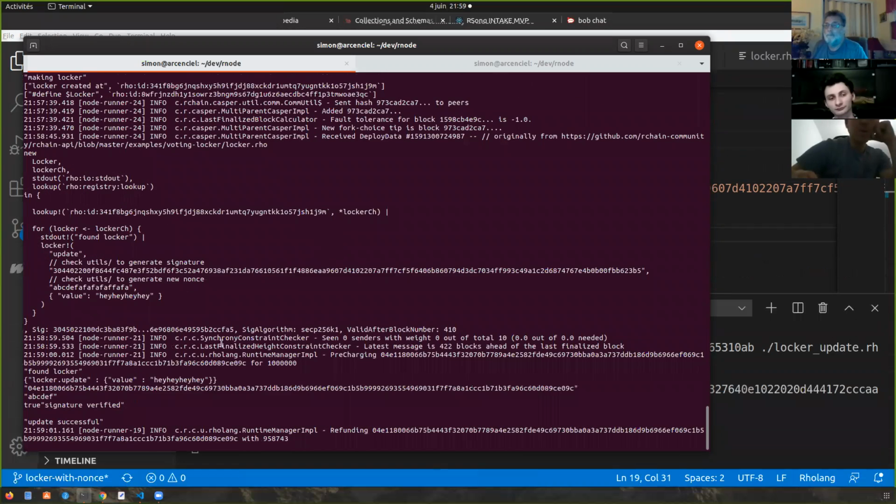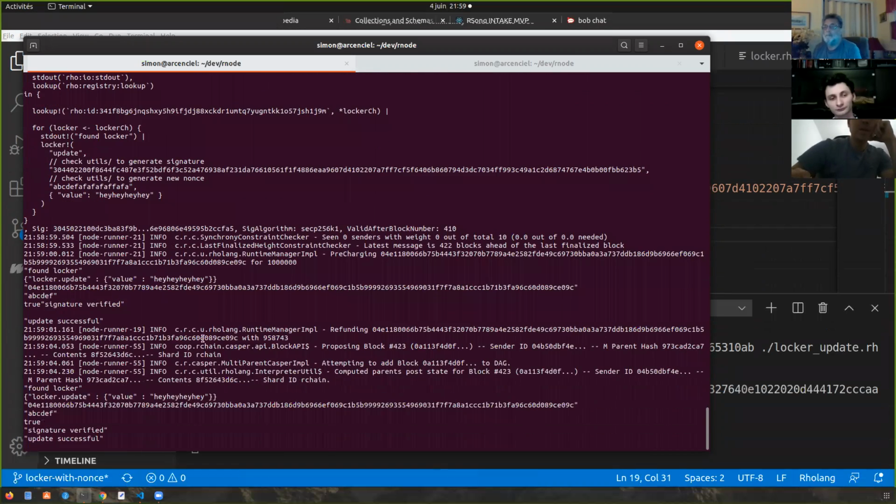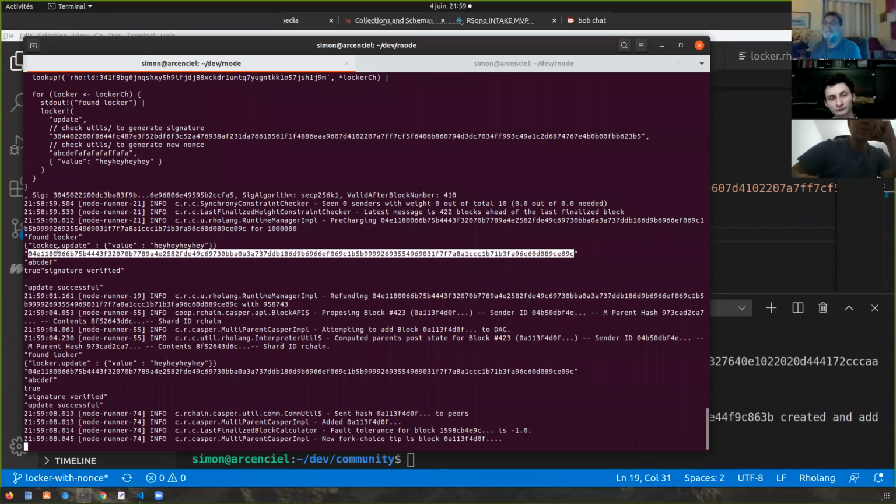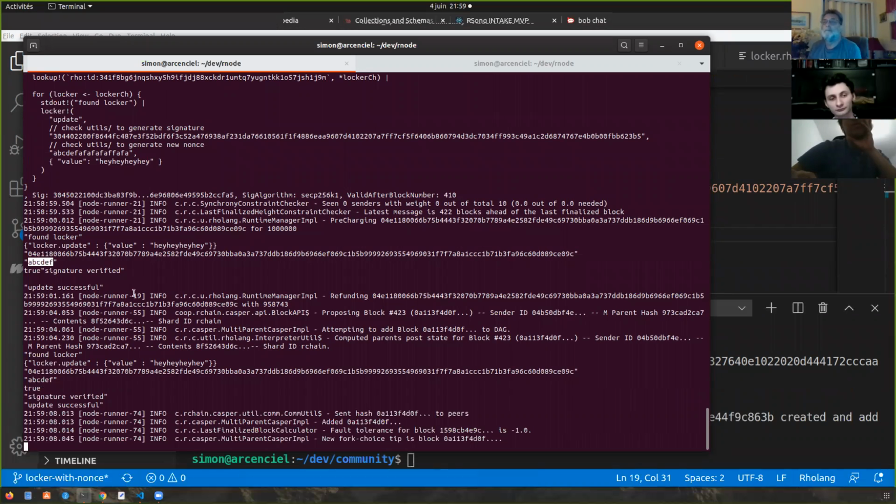And let's see the logs. Okay. So we got the locker update log. Then it logs the signature on the nonce. And then we've got this log, true, signature verified.